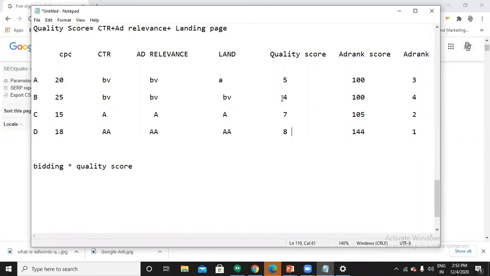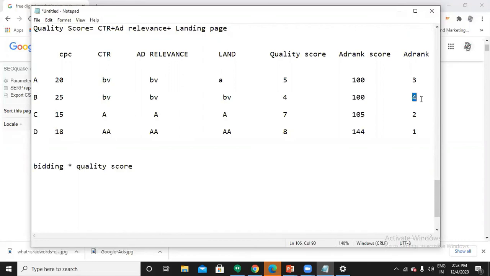The definition was correct, right? The higher the quality score, the less you pay. The lower the quality score, the more you pay.